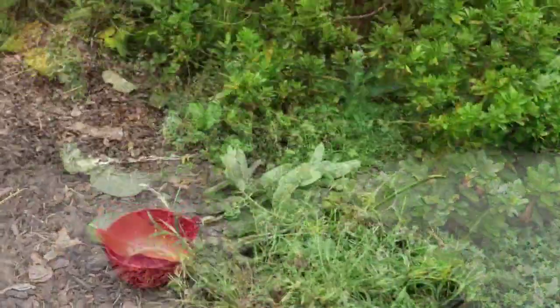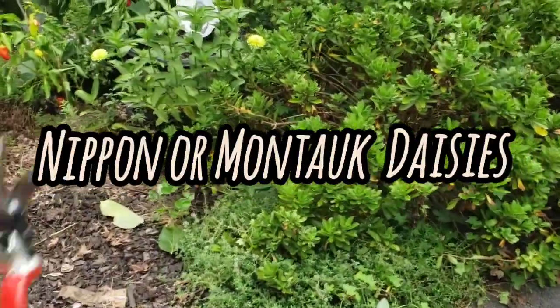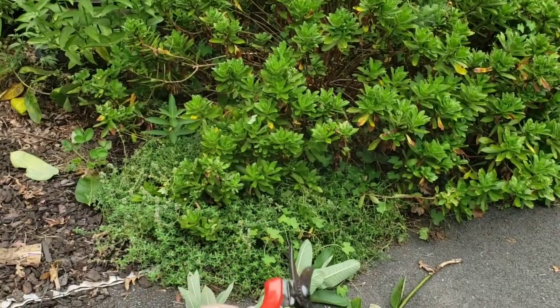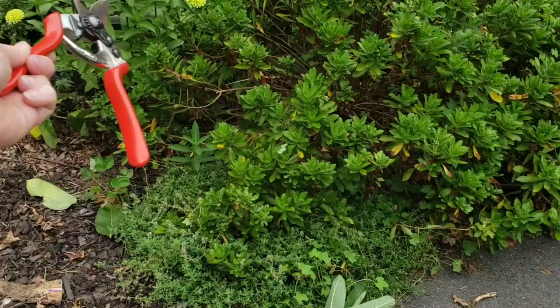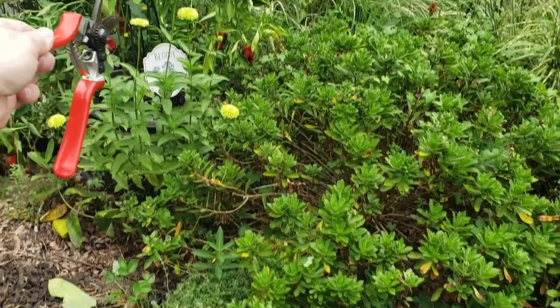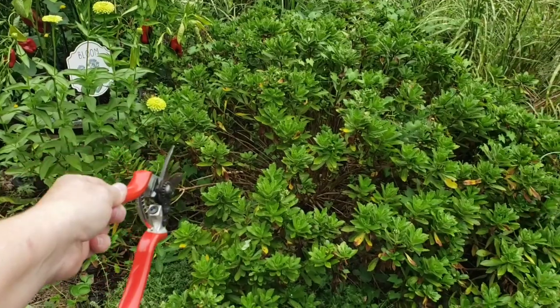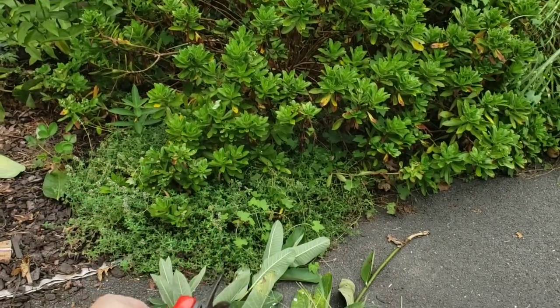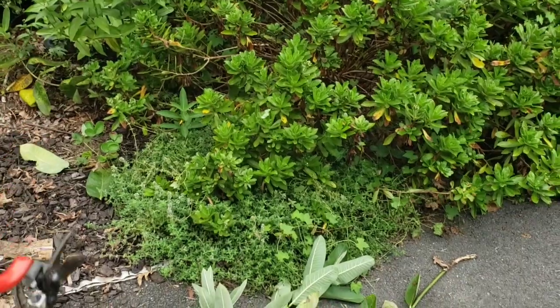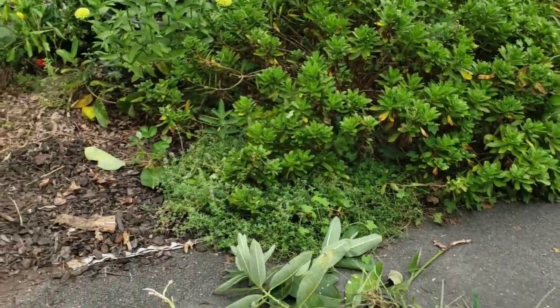I think I'm going to prune up some of these daisies right in through here, just so I have a cleaner line for this alcove. So kind of like what's in front of the zinnia, into the right slightly, and then decide what to do with all that thyme. I'm going to let it just take over here as well, which could be an okay idea,